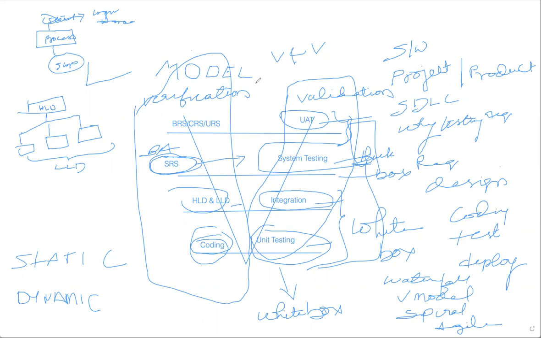Everything will be dynamic, not static. The input will be changed. That is dynamic testing, and that is done as part of validation. Validation is also known as dynamic testing. We test dynamically because we pass multiple inputs and validate in each and every step whether the outputs are correct or not. This is called dynamic testing.